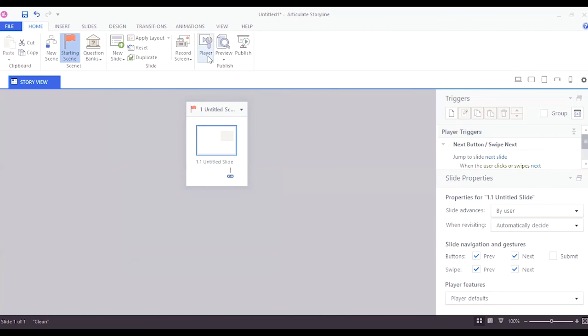Another option is that we have the player feature, and I personally like this option very much because it gives you the option to play around with the headings, the layout, the music bar, and the volume settings all around with the player, and how it would appear, which maximizes the potential of the learning objectives of your course. So I really like this option, and this is basically the option that requires a complete tutorial. So do let me know if you want me to have a tutorial that is totally focused on player options of Storyline 360.